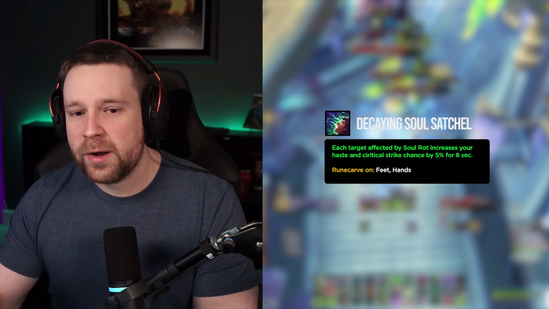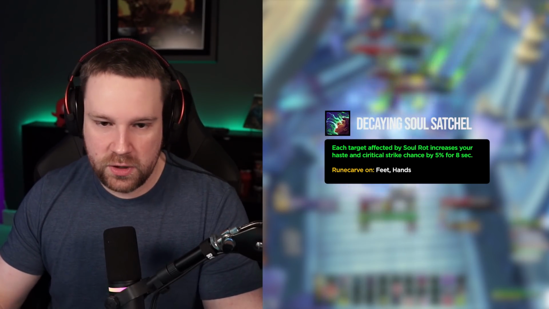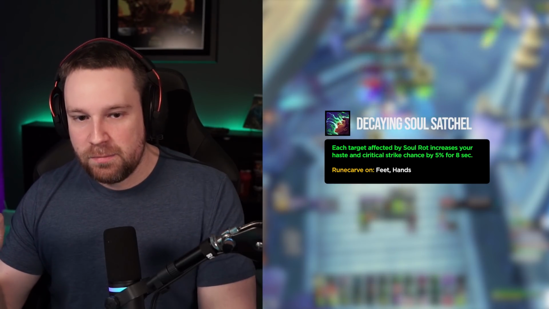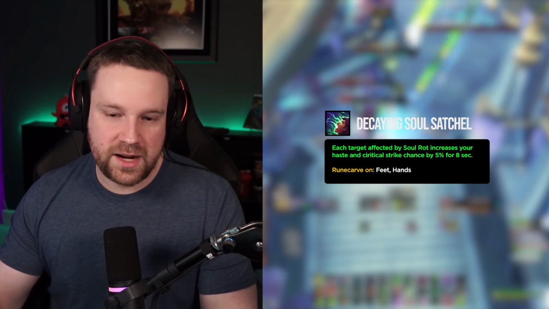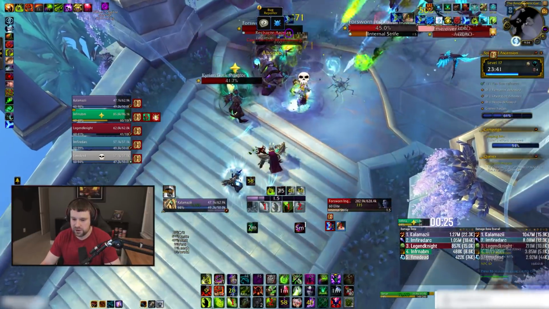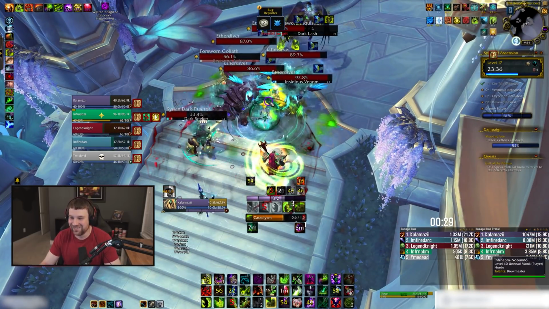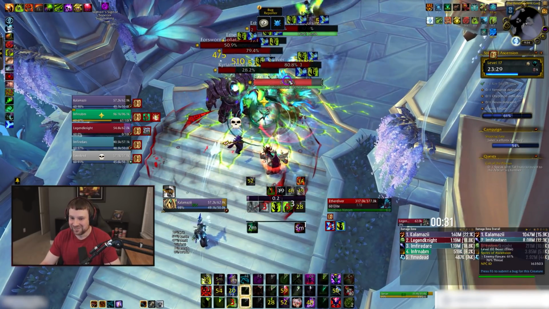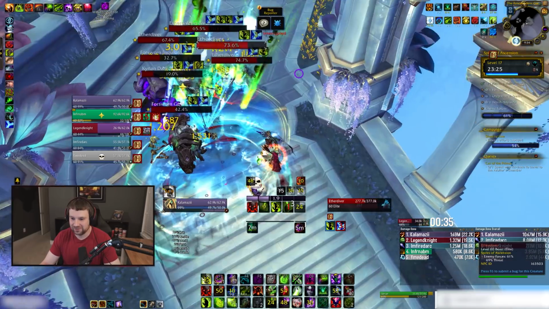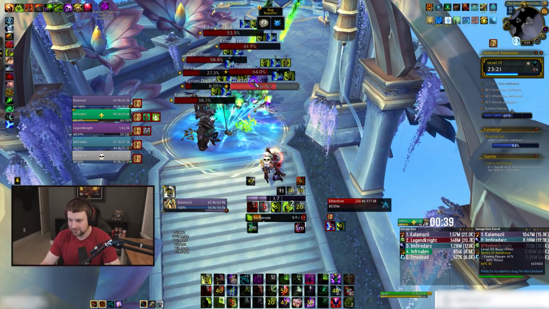It says each target affected by your Soul Rot, which is a 1-minute baseline ability, your Covenant one, Soul Rot, increases your haste and critical strike chance by 5% for 8 seconds. Now, the haste part of this legendary is multiplicative, so essentially if you pop this during some kind of haste-based effect, like Bloodlust, or whatever other effect you get, like Power Infusion, you get a multiplicative haste stacking amp. The crit is still additive,